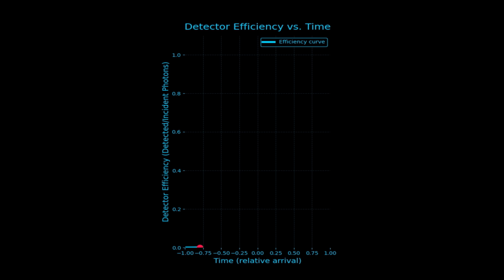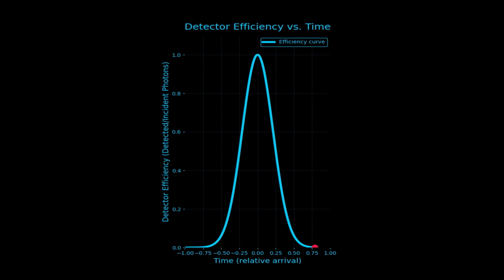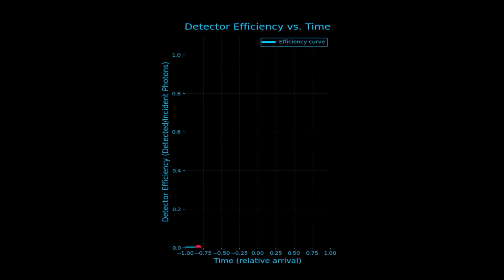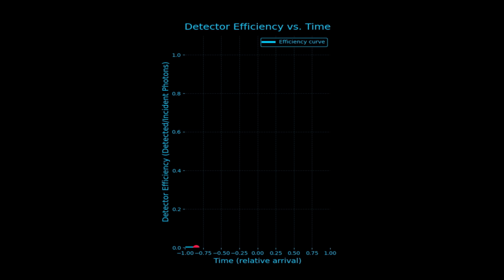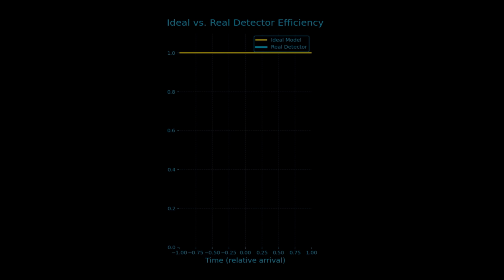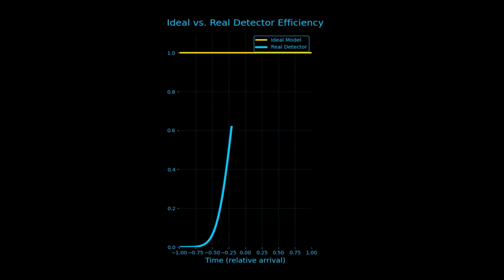Understanding this curve, and how efficiency varies across time, is essential for recognizing the vulnerabilities that arise in quantum key distribution systems. It sets the stage for the time shift exploit, where an attacker uses these efficiency variations to bias the measurement outcomes of a supposedly secure system like measurement device-independent QKD. Next, we will zoom in on the gating window itself and see exactly how this timing dependence emerges at the hardware level. This graph introduces one of the most important conceptual gaps in quantum key distribution security: the difference between